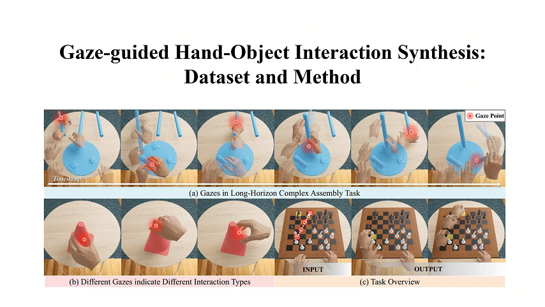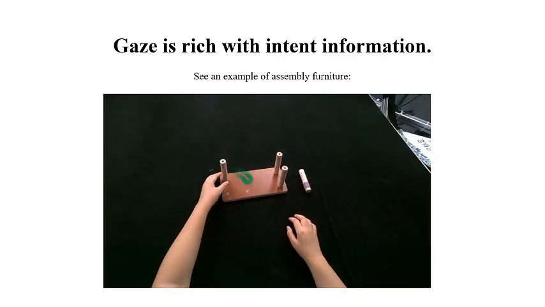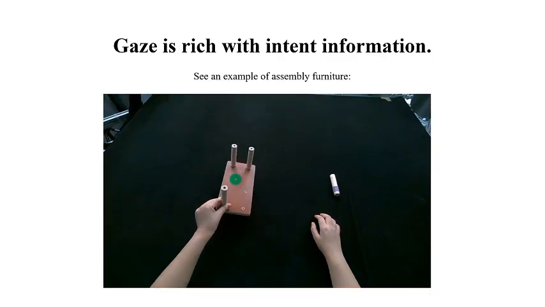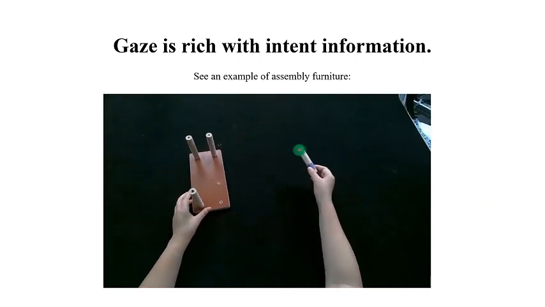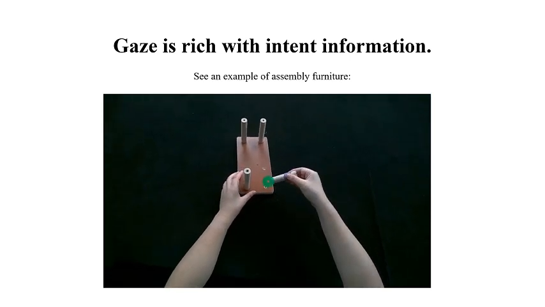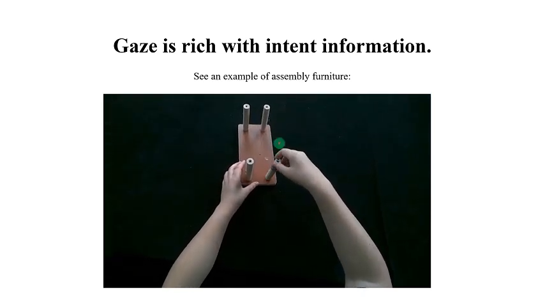In this paper, we present gaze-guided hand-object interaction synthesis, dataset, and method. Gaze is rich with intent information. See an example of assembly furniture. We observe that exploring the consistent relationships among gaze, hand, and object can enhance our understanding of human activities in